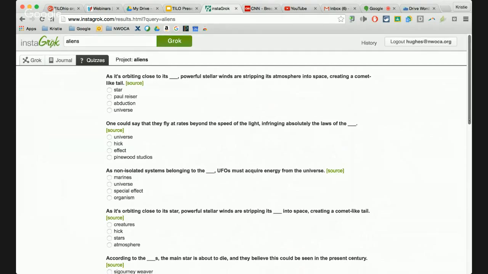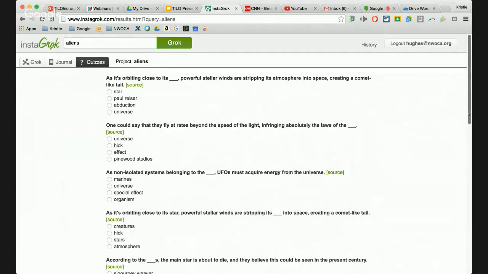Now, if I was logged in, and this is where, again, I'm going to tell you that if you're going to use all these extra features, I would recommend that you have an account. If I was logged in, it will save all the quizzes for you. It will grade them for you. It will even have a little grade book for you based on how the students did on the quizzes. But that all has to be because you and your students have accounts through Instagrok. Totally free, but you have to have accounts. If you don't have accounts, they can still take the quizzes. It's just that their score will not be recorded.